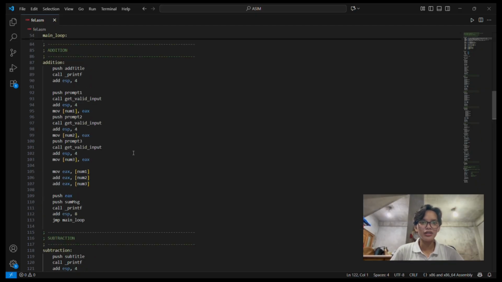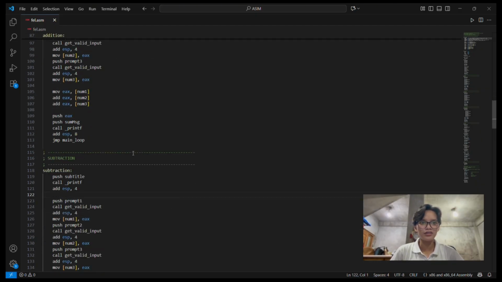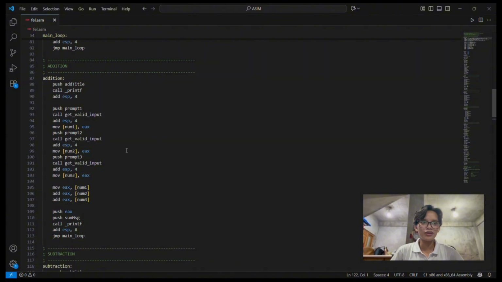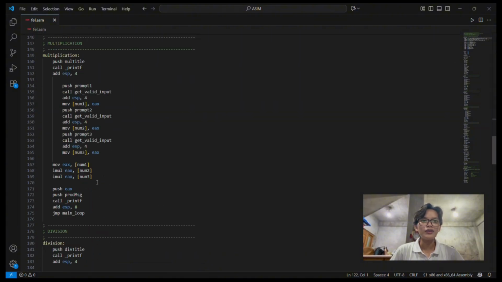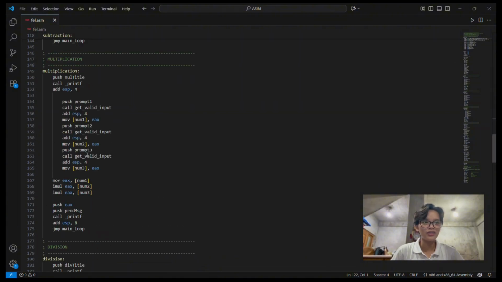In addition, it retrieves the three numbers and adds them together using the add instruction. In subtraction, it performs the same steps but uses the sub instruction. And for the multiplication, the calculator uses IMUL, which handles signed integer multiplication.